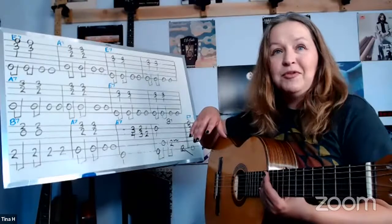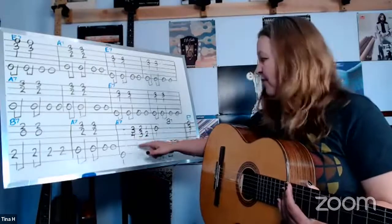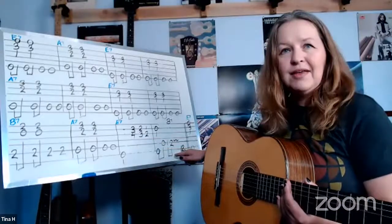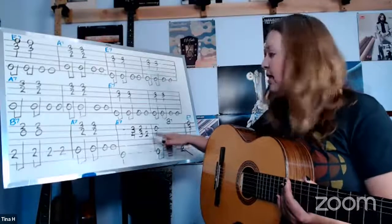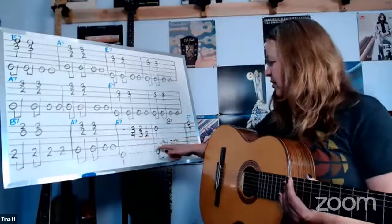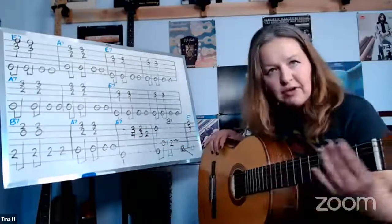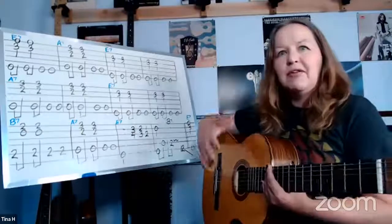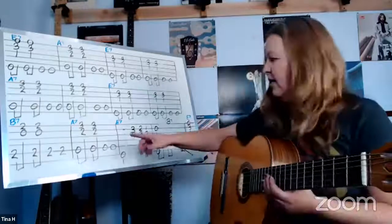You know what I'm going to do too? I'm going to start the whole thing now with the turnaround, okay? Because you guys know that turnaround now, you're comfortable with it, right? I'm going to start on that chord there. I'm not going to do the slide to start though. We don't need the extra moving out of position right at the beginning of the song too, but here we go. So I'll count 2, 4, then 1, and then we'll go